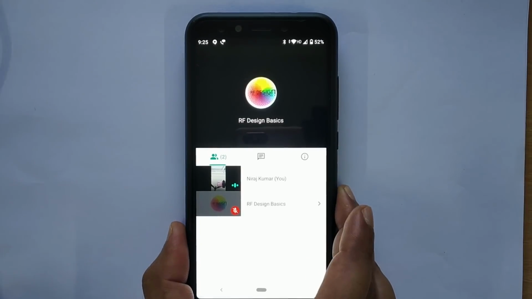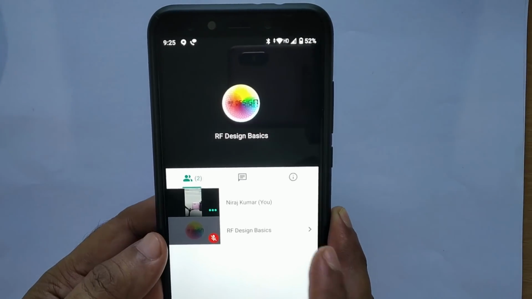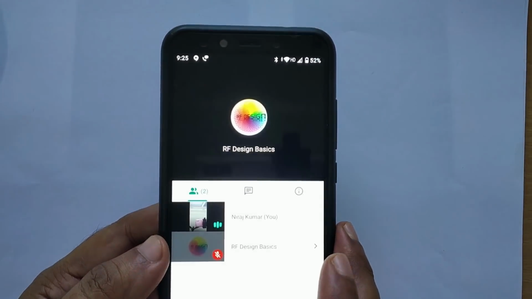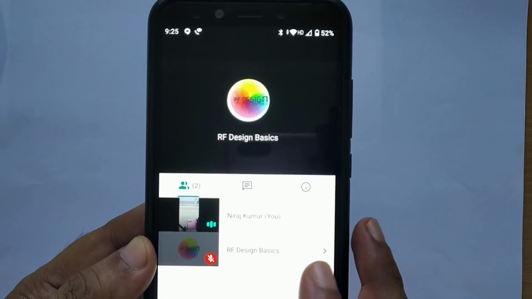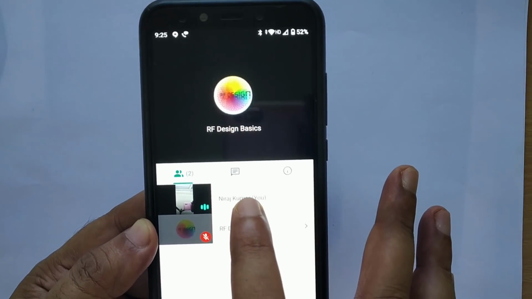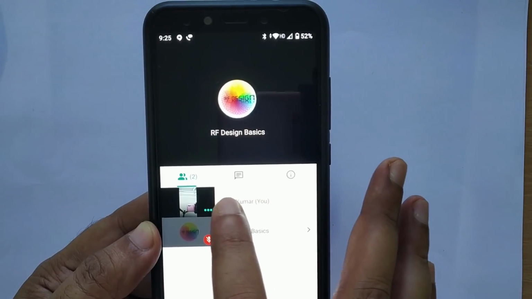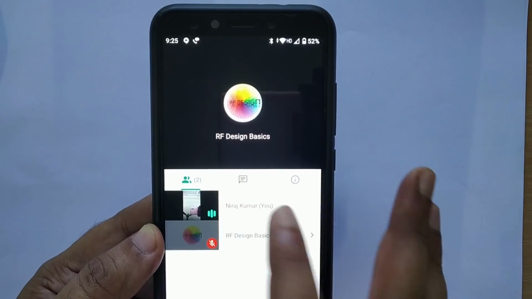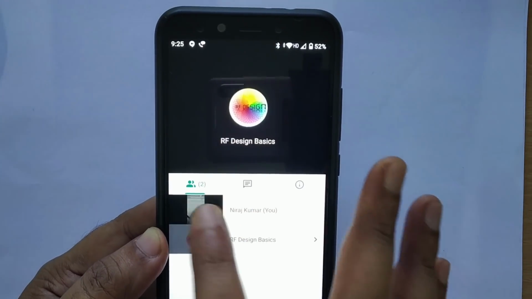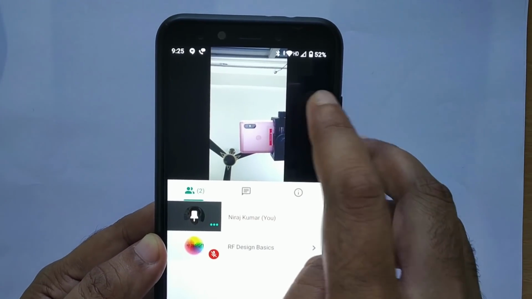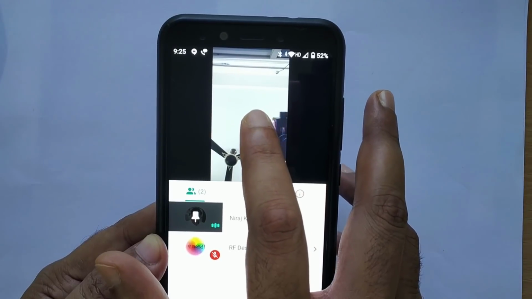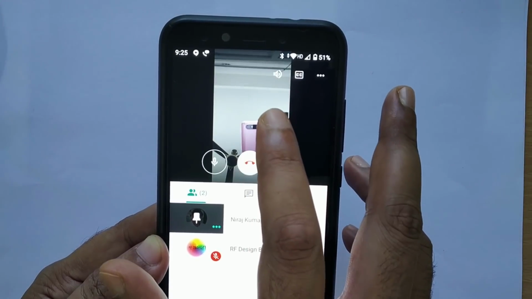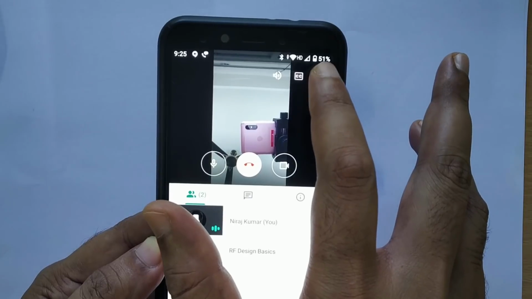Now since we have opened the front camera, you can see all the videos of the front camera. So I'll just go to my own account here in the smartphone and touch the camera, and you will have a three dot menu here.